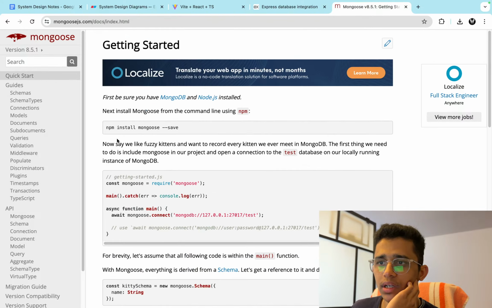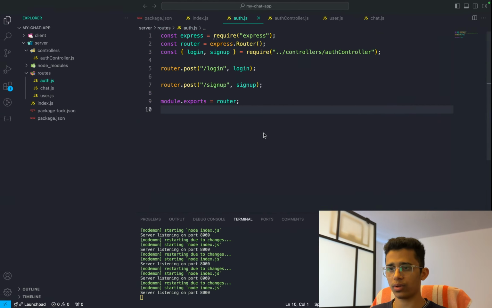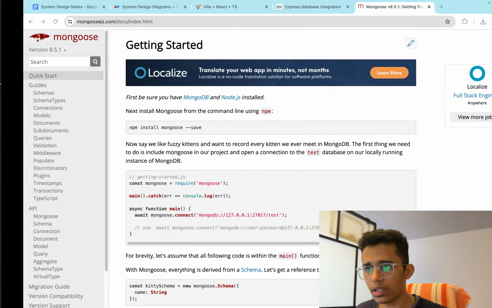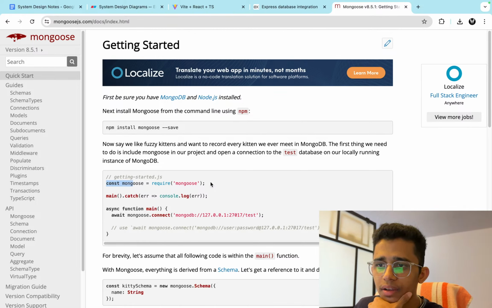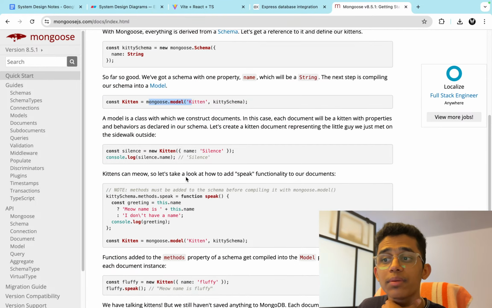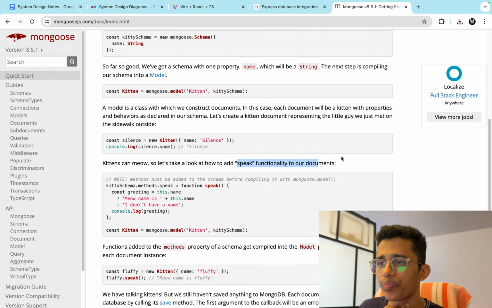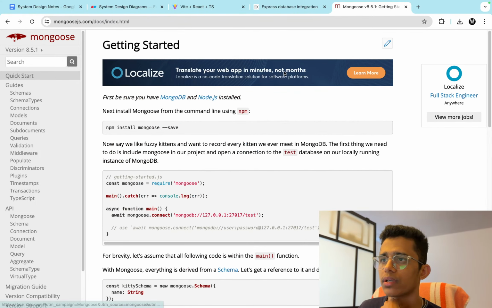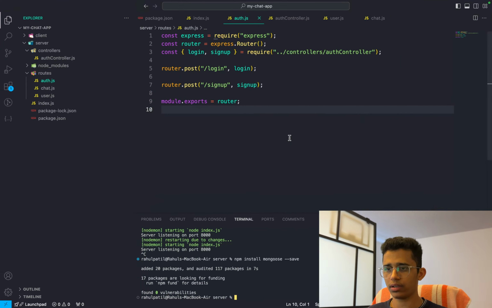If I just go ahead and do quick start, install Mongoose, save, yeah, so that's what I'm gonna do. npm install mongoose, save, right? And to get started, Mongoose would require mongoose, async function, mongoose.connect. There we go. We can create a new schema, we can create a model using that schema. Okay, we can do multiple things, but for now here we don't want to do all of that. Instead